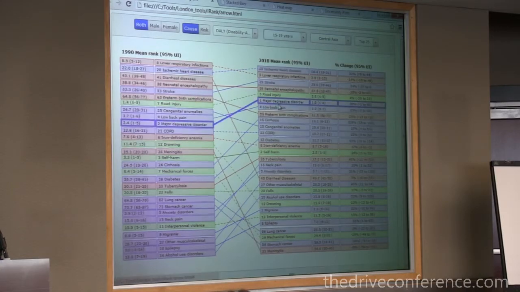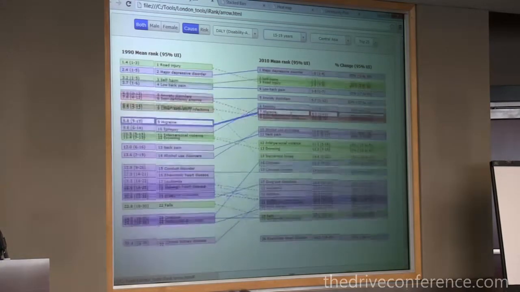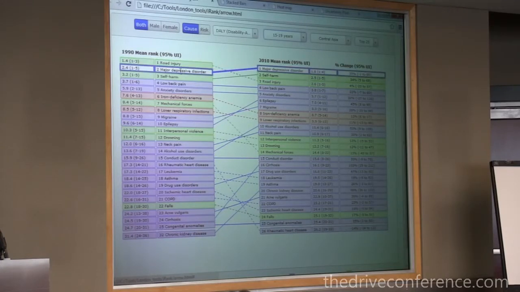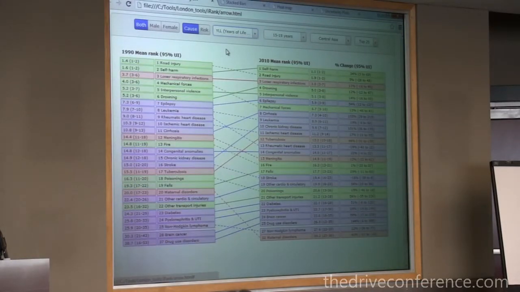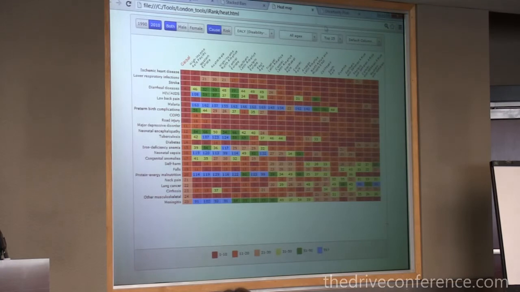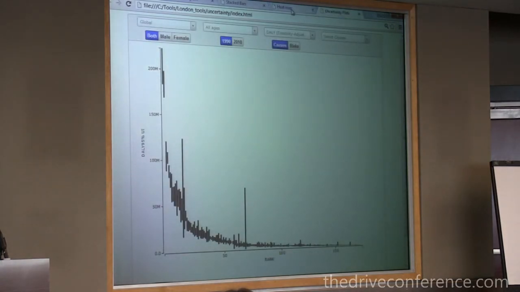You can explore all the different age groups. So the 15 to 19-year-olds in Central Asia used to suffer mostly from road injuries and now from major depressive disorders. And again, you can use all the metrics that I mentioned before, DALYs, and so on, and it gives you all those different views. If you want a quick glimpse at how important things are, this will help you and you don't have to go through as many iterations and controls. And then we have a number of other visualizations that you can use to fully explore the data.